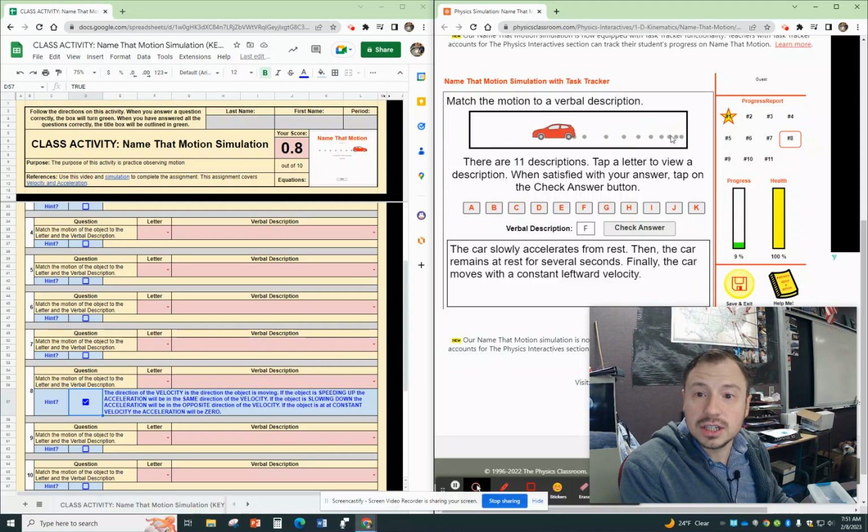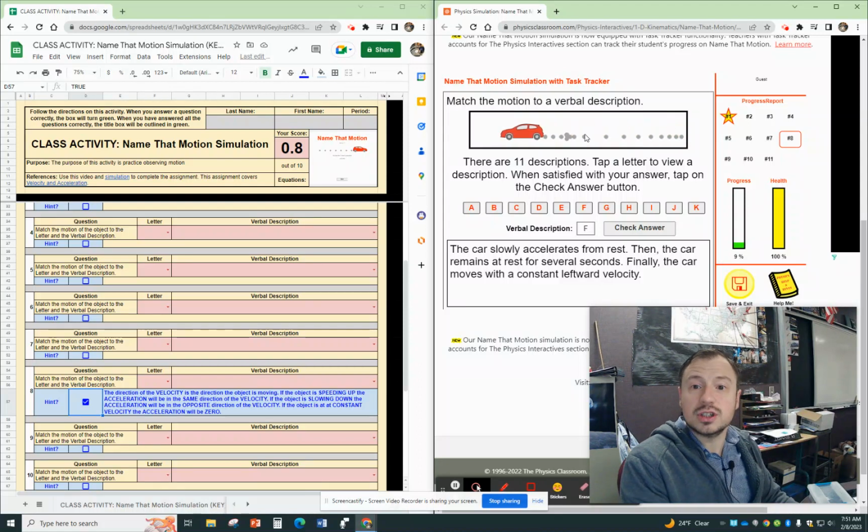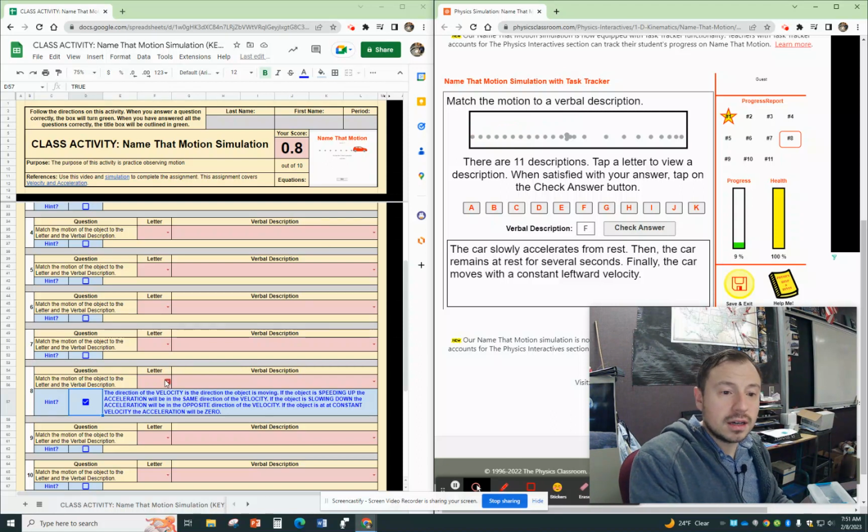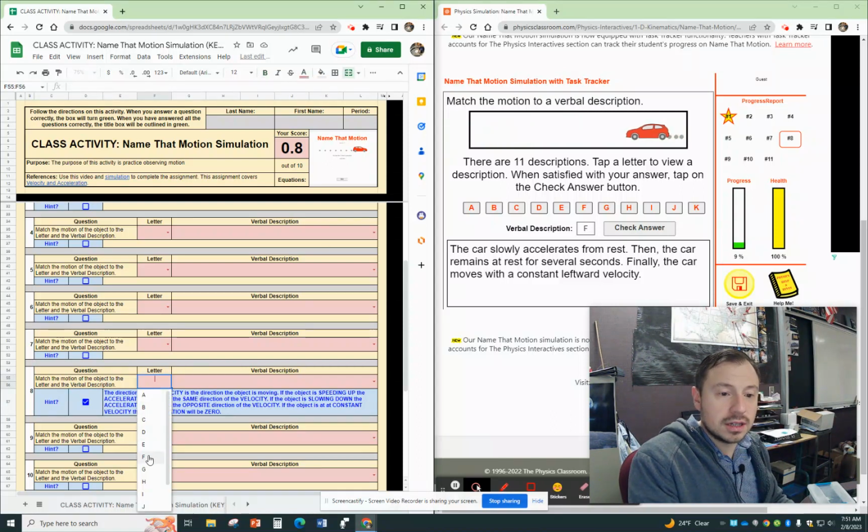So notice that it is accelerating to the left because it's moving to the left and it's speeding up. So the acceleration will be in the same direction as the velocity. Then it stops for a few seconds. And then the car moves with a constant leftward velocity. So I can see that it's moving to the left at a constant velocity because those drops are the same distance apart. So I can come down here and I know it's going to be, let's see here, letter F,